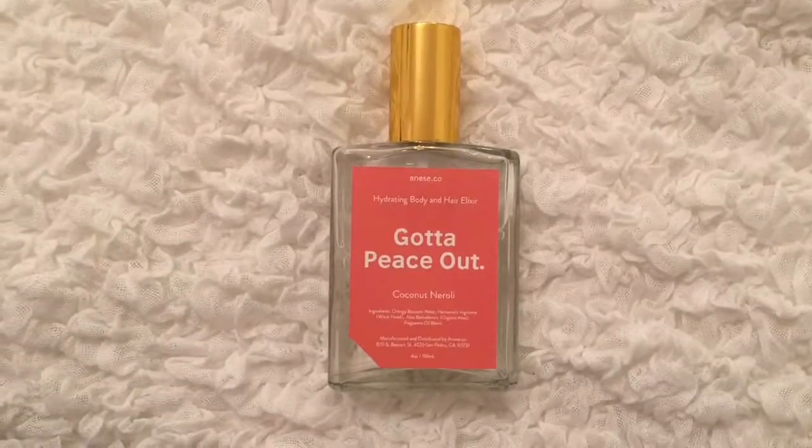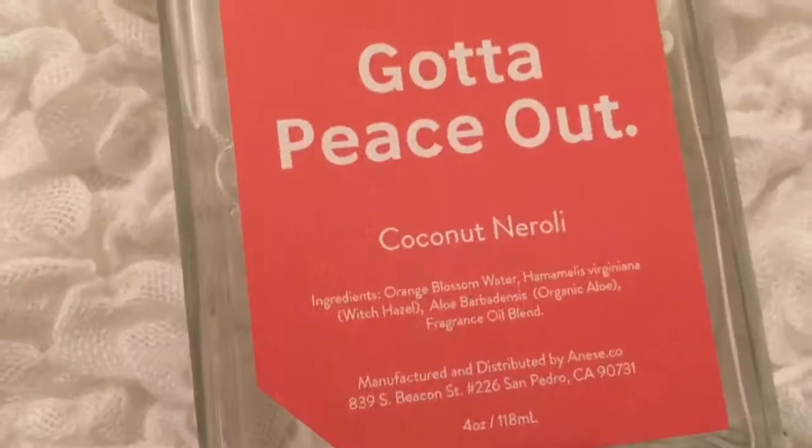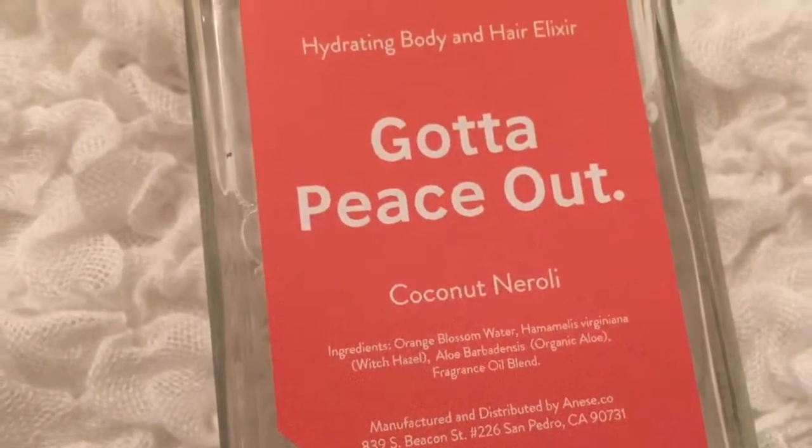I'll just stop right here. Looks good, eh? What's up, boys? I think that looks pretty good. Some might disagree. Whatever. Taking the hair down. Oh, you know what I'm gonna do actually? I'm gonna finish with a nice misting of the Anise Hydrating Body and Hair Elixir in Gotta Peace Out, or Coconut Neroli. I like to just spray at the end,